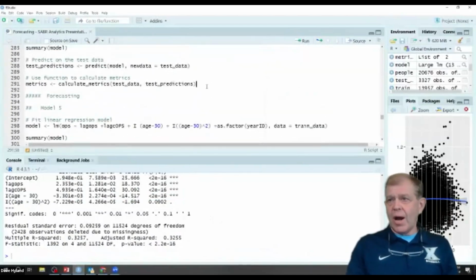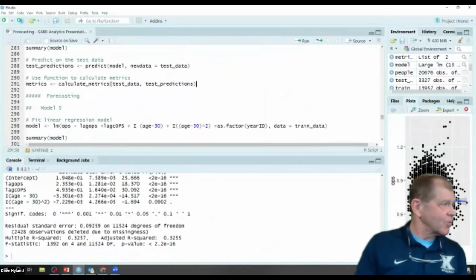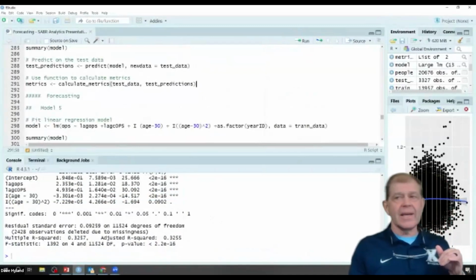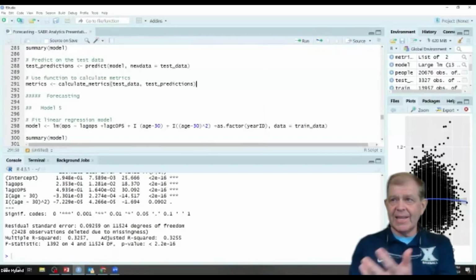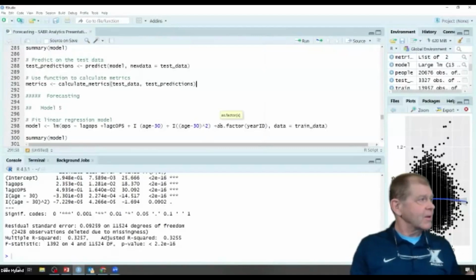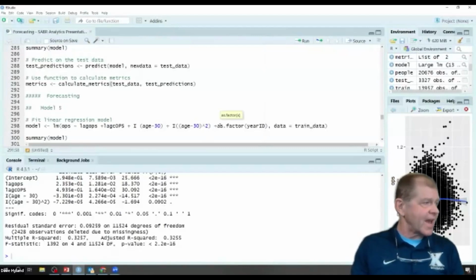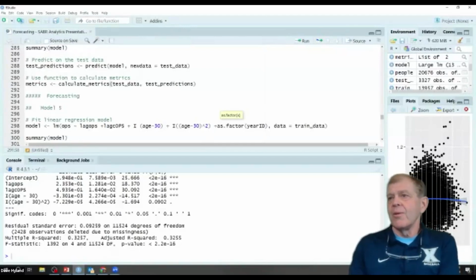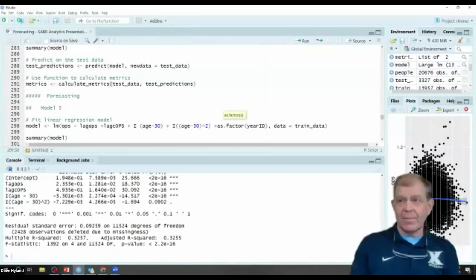So let's go on. One of the things that we probably think is going on is we're using data from 1980 to 2022. And during this period, we have different run scoring environments. So we're going to add another variable in, year ID, as a factor.